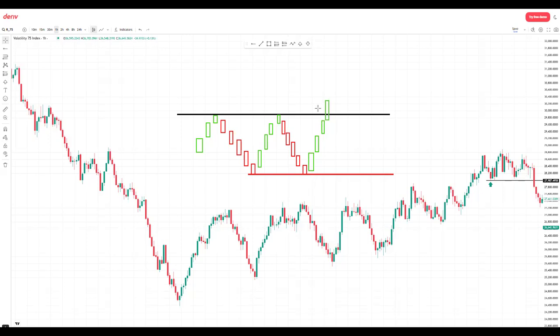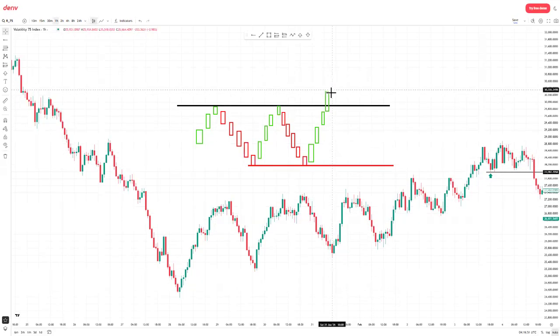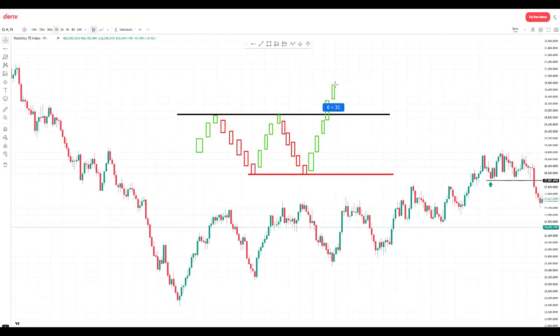Once they close above that resistance level, now you know that the market is no longer going to the downside. We have broken this resistance. The candlesticks will continue pushing to the upside. Now you know what to expect from here. The market continues pushing to the upside. From here, you know very well what you have to do. You don't jump in here and say, okay, I see that the market has broken this resistance, I step in, I buy. You don't do that. You wait for the market to come down to the broken resistance to test it as